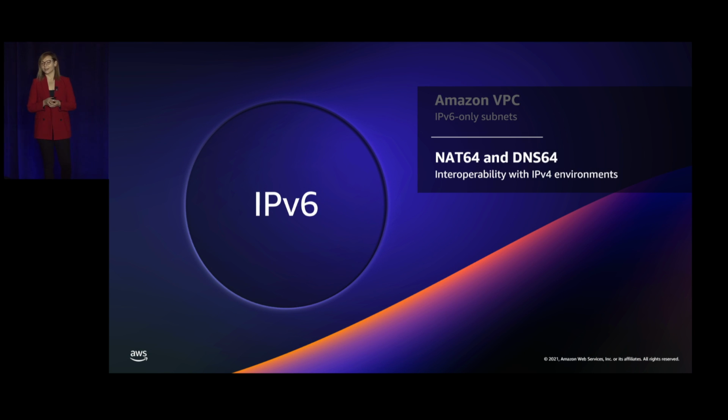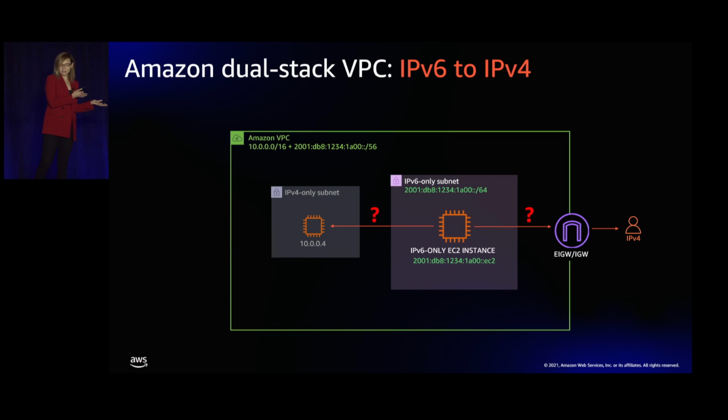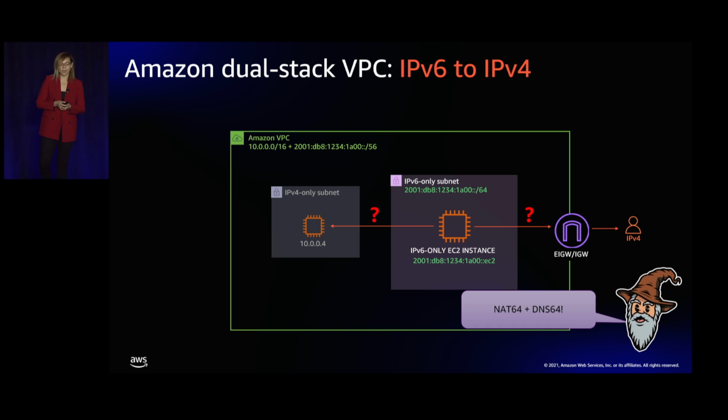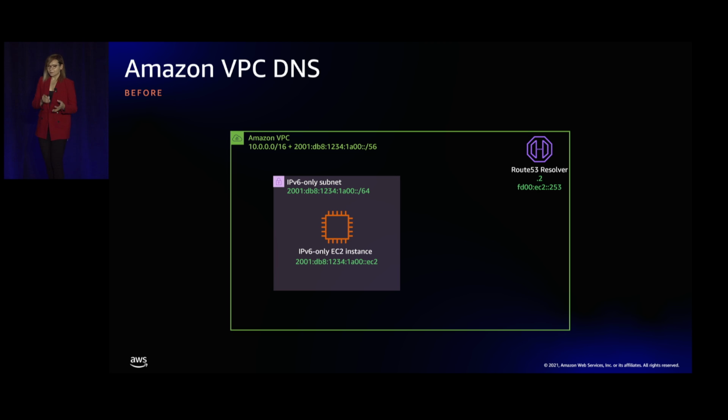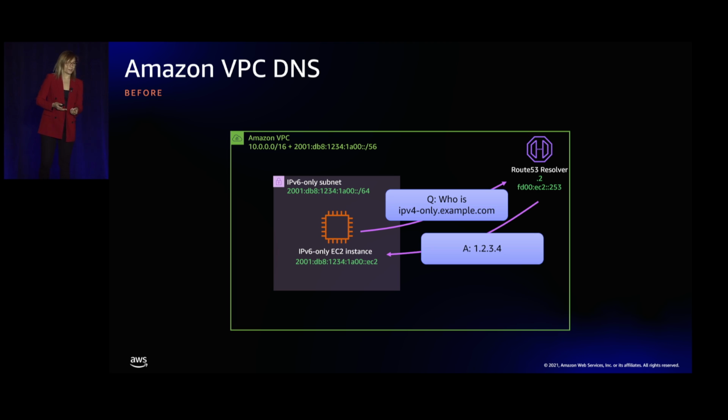And let's see why we do need both. These are the two flows that we were wondering about, inside the VPC and with the internet. How can we use them? Well, before we go there, in the VPC, the native DNS resolution happens with the help of the DNS resolver in the VPC. If the IPv6-only instance would query about an IPv4-only endpoint, and it would receive an IPv4 address, it wouldn't know what to do with it because it's not enabled for IPv4, right?